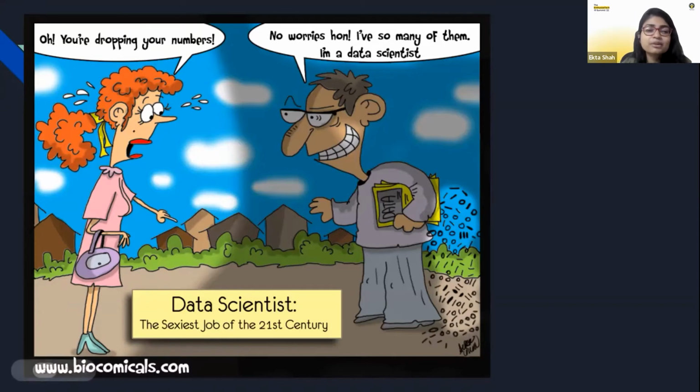So yes, this is a very common sentence that you would have heard even in the newspapers, which talk about data scientists being the sexiest job of the 21st century. Yeah, it is in one way or another, because we deal with difficult problems, try to solve them, and also try to streamline them in such a way that you're able to drive revenue and the KPIs that you want in any organization. So yes, this picture is completely justified.